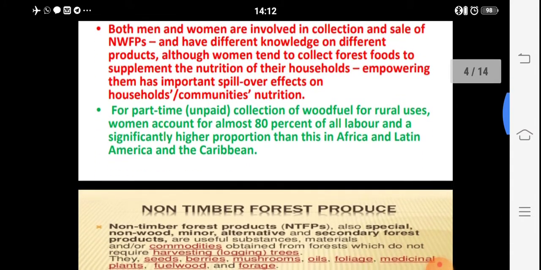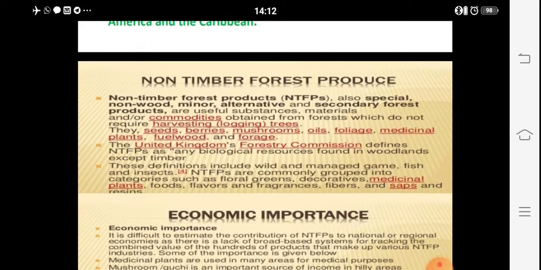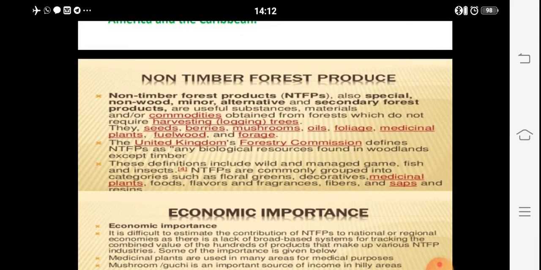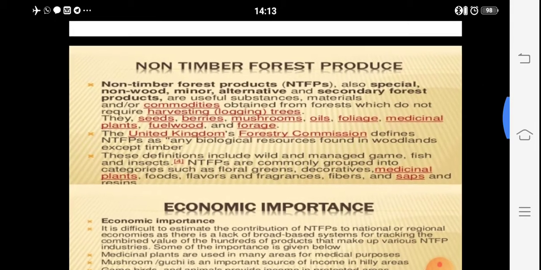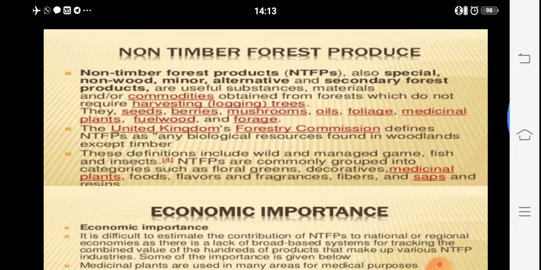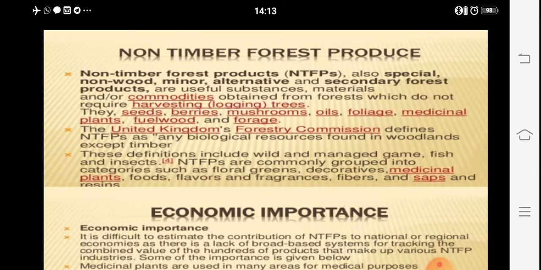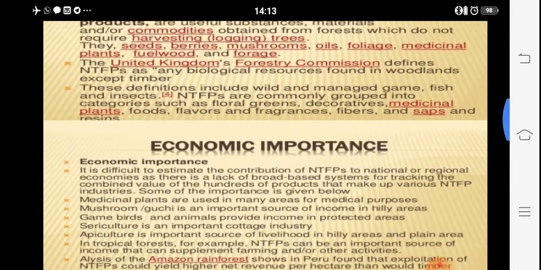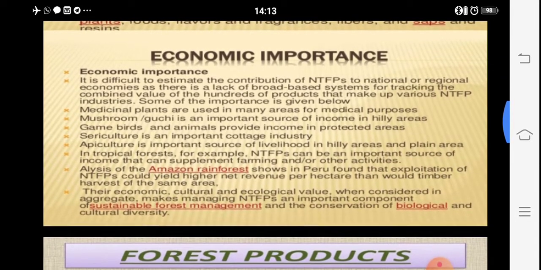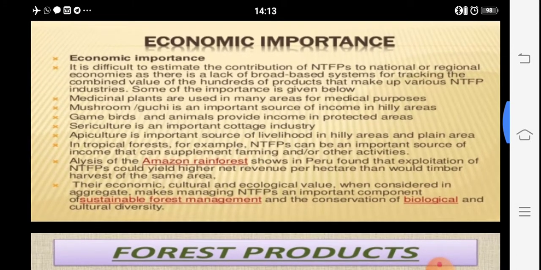One important part is non timber forest products. So this is the background for these non timber forest products. Generally we know different seeds, berries, unripe fruits, oils, leaves, medicinal plants have importance in this community, and as per the economic importance generally it is difficult to give the budget of this